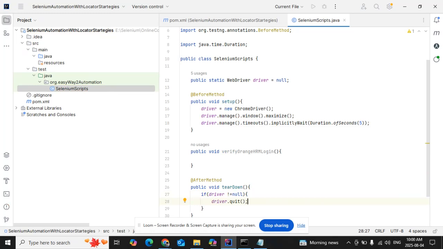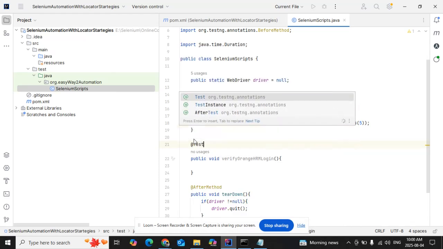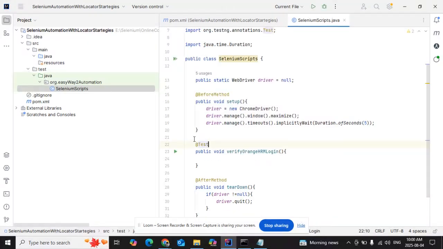Okay, and to this method I'll give the @Test annotation, so that it will be considered as a test case. Here I will be writing the scripts for logging into Orange HRM login. Our intention is to implement